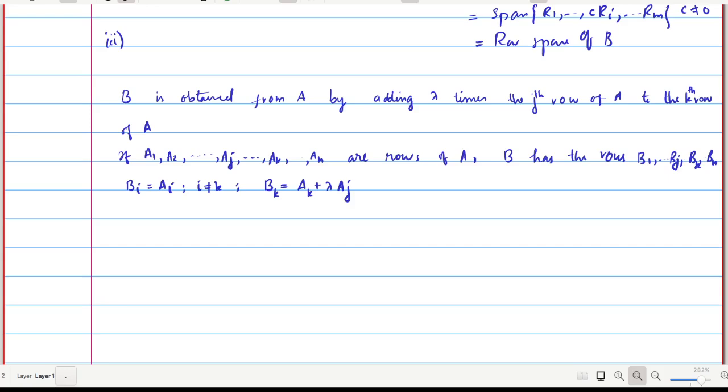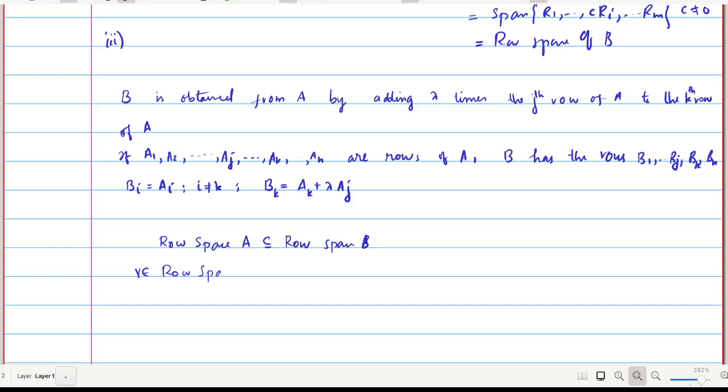Okay. In this case, we will prove that. So this is the third row operation. For this row operation, we will prove that the row space of A is the same as the row space of B. So for that, we first consider that the row space of A is contained in the row space of B. That is the first thing. In order to start this, we take a V belonging to the row space of A, and we will prove that V is also in the row space of B.